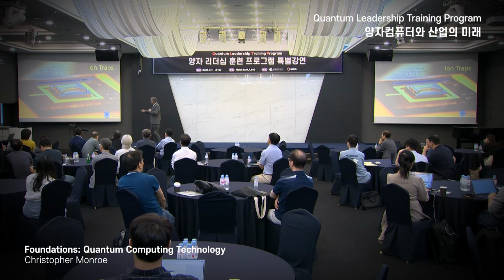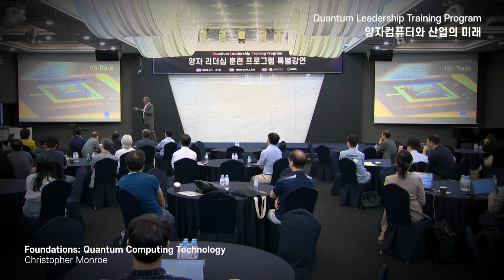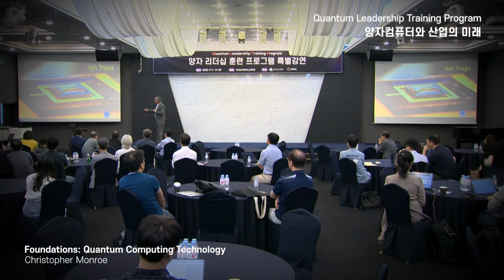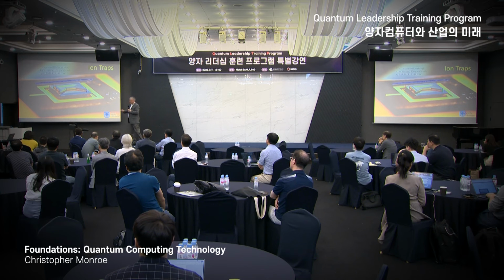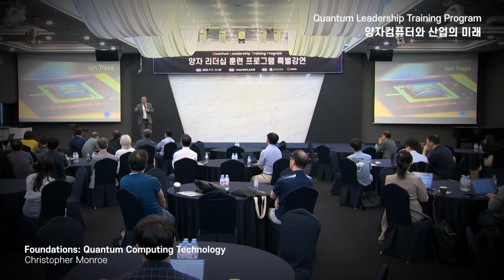Now, each atom here, why is it glowing? You're not used to seeing single atoms, but we can do this because there's nothing else there. There's no background. And we're shining laser light that causes this atom to fluoresce strongly. We understand the electronics of a single atom very well. And inside that atom are 2 energy levels. We sometimes call it a spin. But these 2 levels we use to store a qubit, a quantum bit.